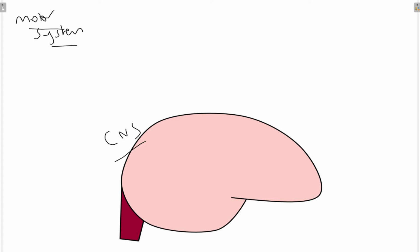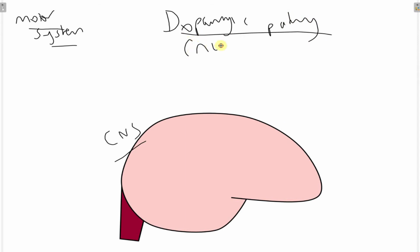Now, normally, there's dopaminergic neurons and dopaminergic pathways that affect the motor cortex. And there's 4 main dopaminergic pathways in the brain. And the one we're going to zoom in on is known as the nigrostriatal pathway. And this is the one that mainly affects movement. Now, normally dopaminergic neurons in the substantia nigra,